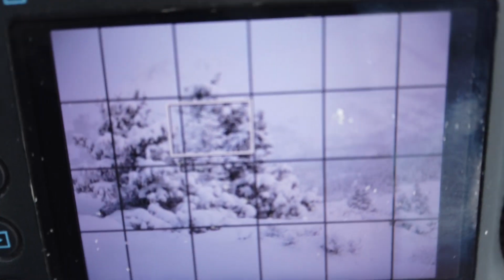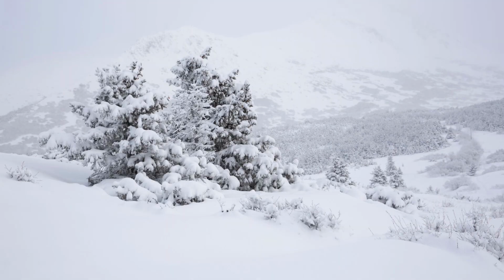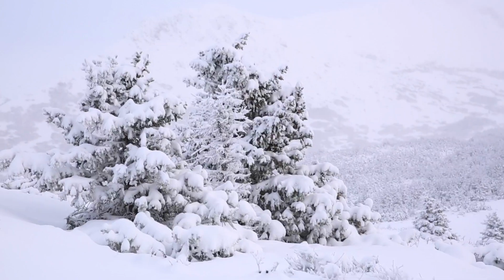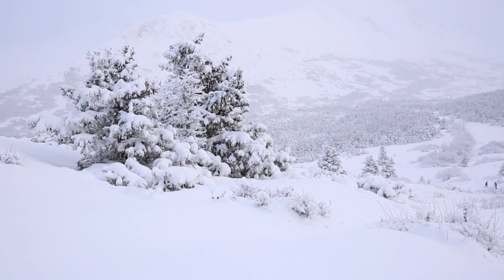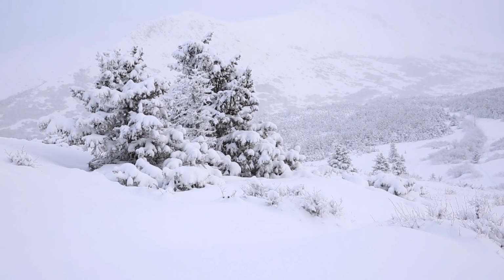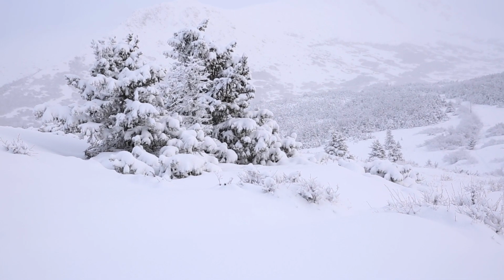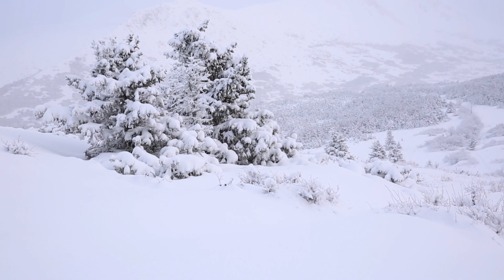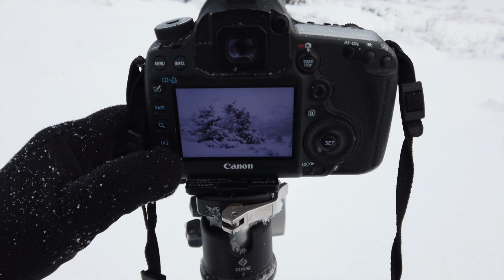But I might consider widening it out and coming down. So when I zoom out, I'll have too much sky. So as I zoom out, I'm going to also move it down like so, so that I don't have too much sky. Using the third rule, I put the trees on the right-hand side, but I also don't want to crop off those mountains back there. So I'm shooting an aperture value, and when I go to look at the photo, I